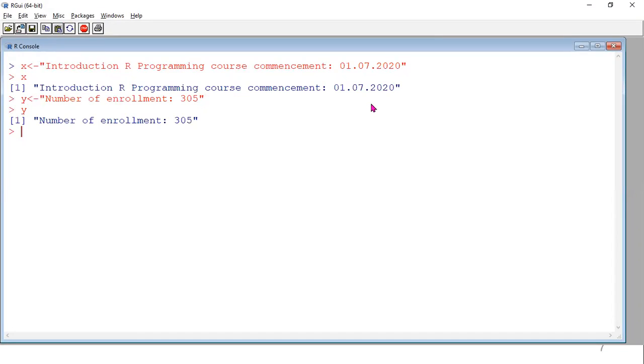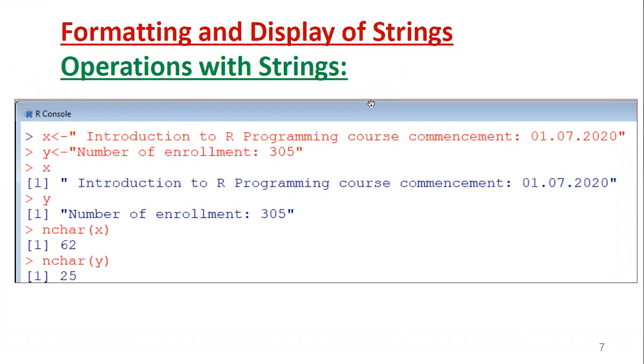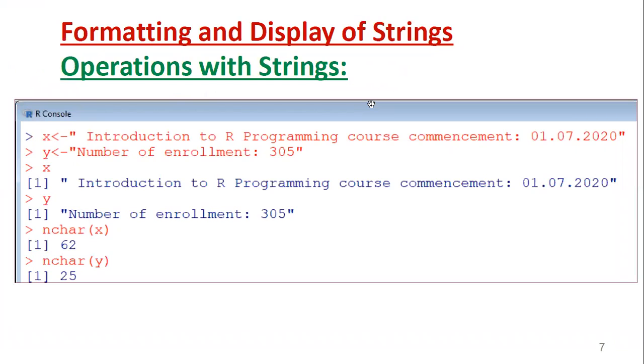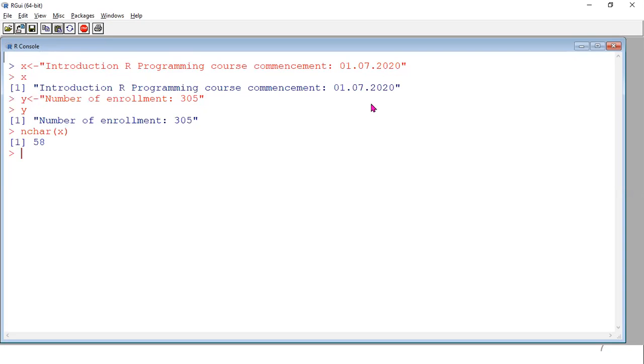Now you can see, if you want to count the number of characters in both vectors, we'll use the nchar function. So nchar of x, whatever vector you can give. Introduction to R programming course, commencement. So here it is showing nchar of x equal to 58.